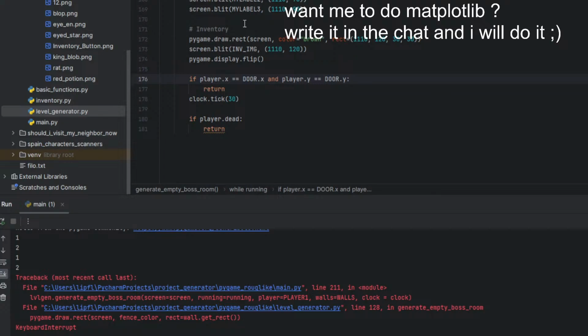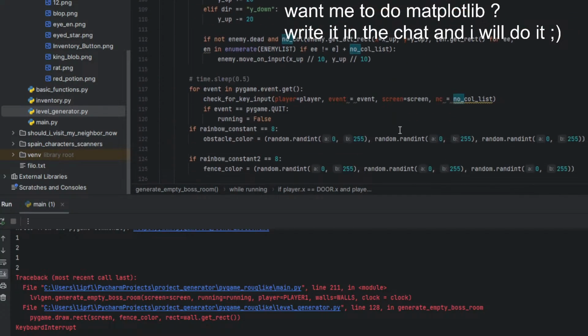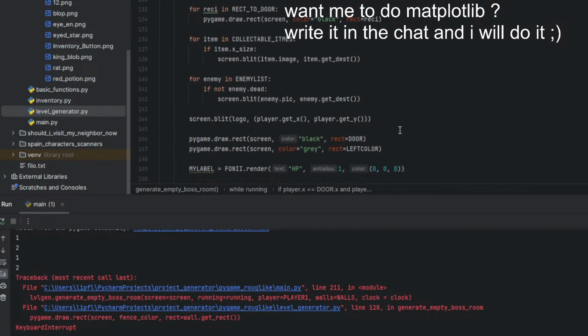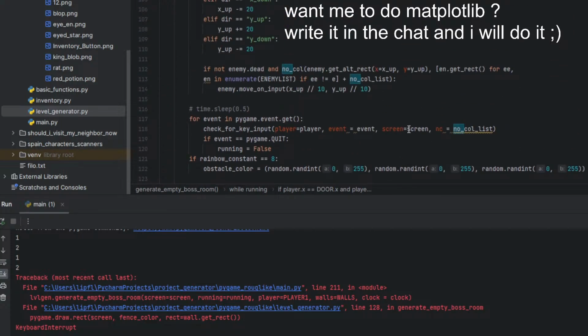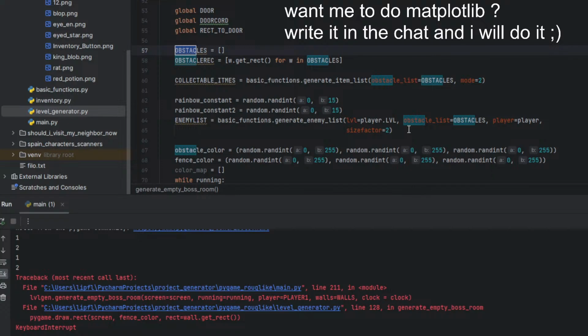let me think. What can we add? Obstacle list equals pygame.